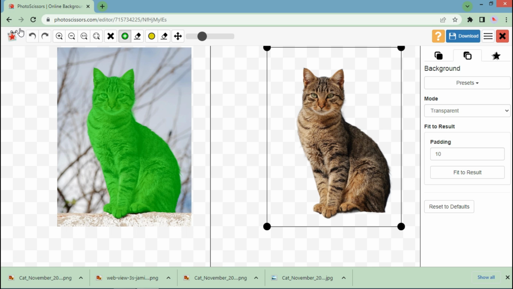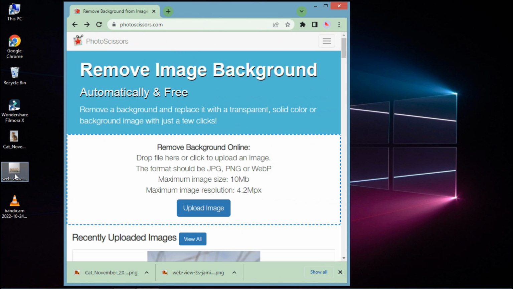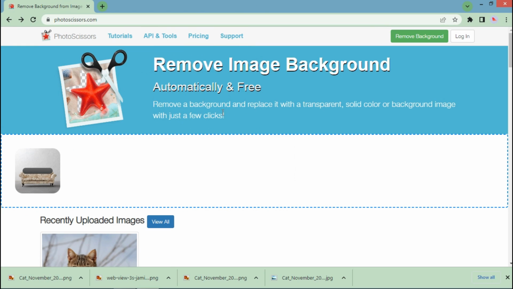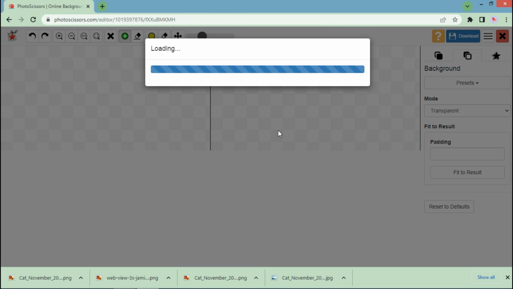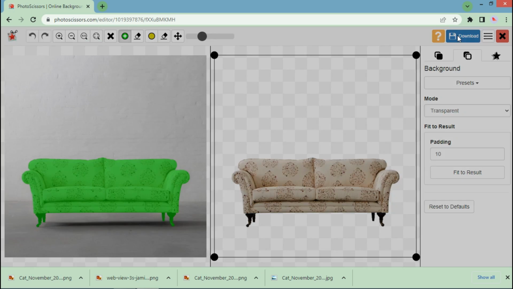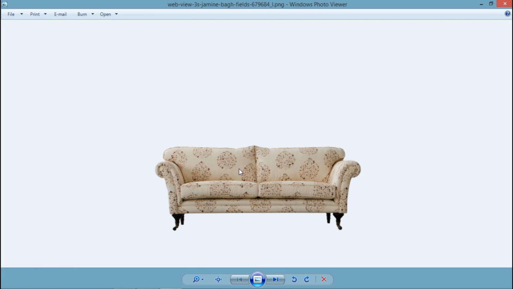We'll try one more time. This time we'll try with this image. See,